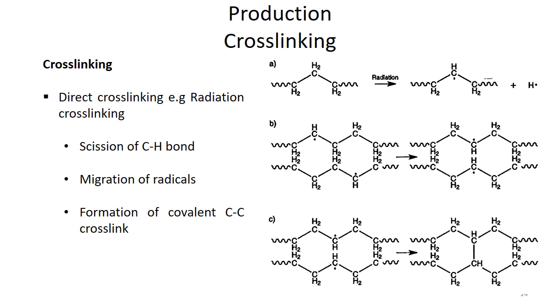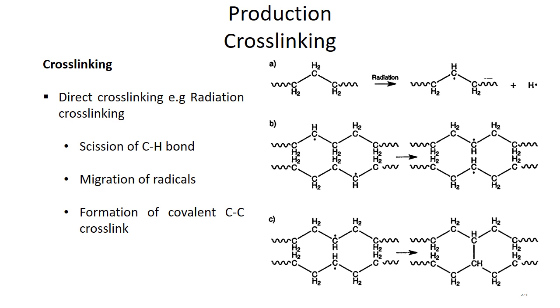The radiation basically splits carbon-hydrogen bonds to produce free radicals. These free radicals can migrate along the length of a chain by the process of hydrogen exchange. When two free radicals meet, they combine to form a covalent bond between the carbon atoms, creating a cross-link between adjacent chains. Just like you can see in the scheme here, the radiation abstracts a proton, creating a free radical here, and then it leaves a growing part here, and then we have the migration.